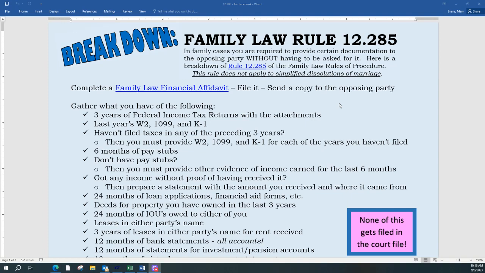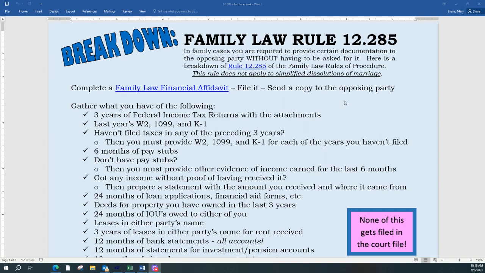Well, the financial affidavit is required. File it, fill it out. We'll fill it out first and then file it and send a copy to the opposing party. Anything that you file in the court file, the opposing party needs to get a copy of. If you are using the portal, Florida's e-portal, if you are self-represented, you can create your own profile on the portal. And just like the attorneys are required to do, you can file everything electronically and then copies will go from the portal to the opposing party.